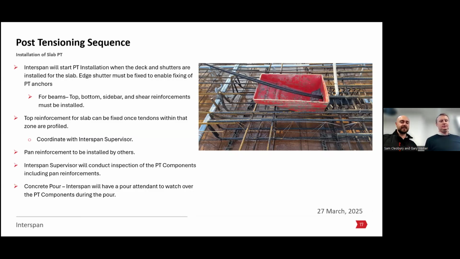bars in sequence to allow us to come in and put the strands. And top reinforcement for the slab can only be fixed once the tendons are profiled. So usually the sequence is deck, edge shutters, we'll go around, we'll fix the anchors on, we'll push the ducts and strands through, and then the frame contractors, steel fixers, will follow us around installing those U-bars that we saw, and then we'll be profiling the tendons, putting them on those chairs, and then once all that operation's complete, the frame contractor can then put the punching shear reinforcement over